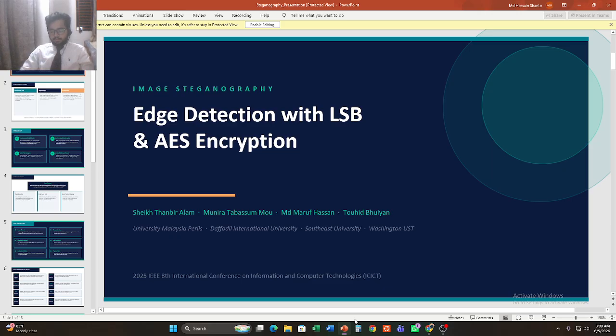Today I will be presenting a comprehensive review of a research article titled Edge Detection with LSB and AES Encryption based image steganography. This paper was authored by Sheikh Tanvir Alam, Munira Tabassum, MD Maruf Hassan, and Tawhid Boyan from University Malaysia Perlis, Daffodil International University, Southeast University Bangladesh, and Washington University of Science and Technology, USA.